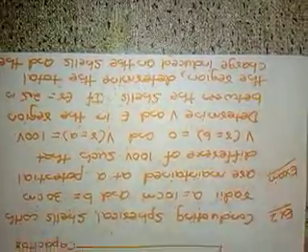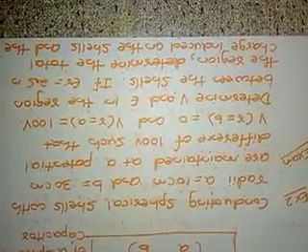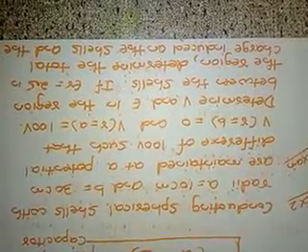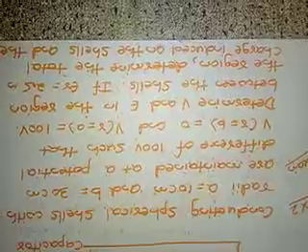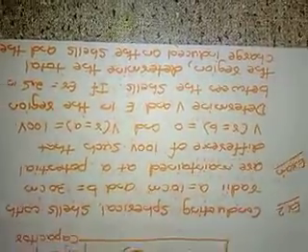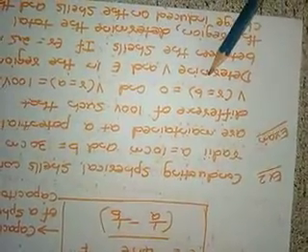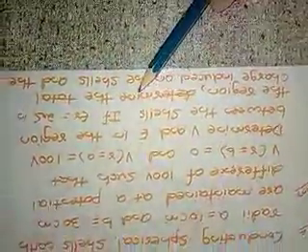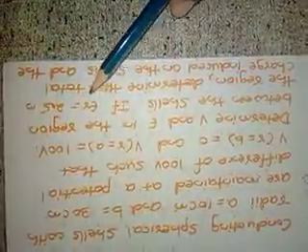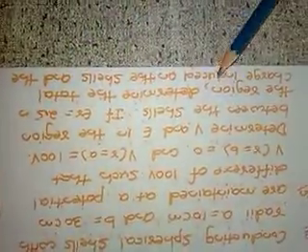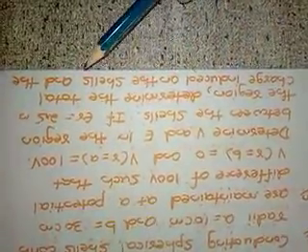capacitance thereon. Again, he has given the spherical shells with radius A equal to 10 cm and B equal to 30 cm, and the potential difference between them is 100 volts. V at R equal to B is 0 and V at R equal to A is 100 volts. He is asking to find V and E in the region between the shells. Second part of the problem is, if epsilon R is equal to 2.5, determine the charge induced on the shells and the capacitance of the shells.